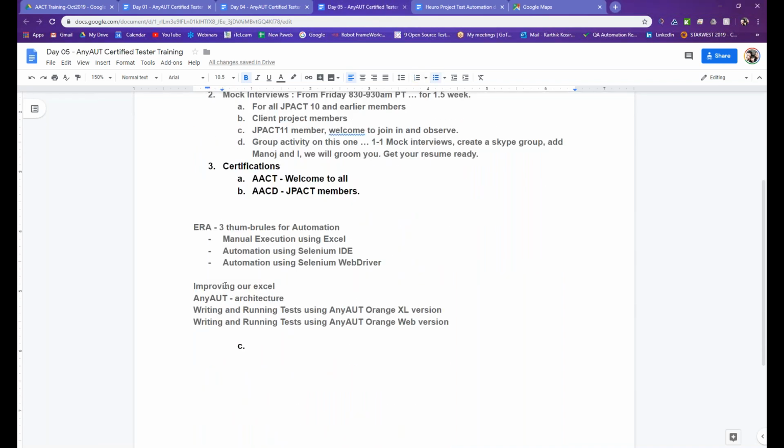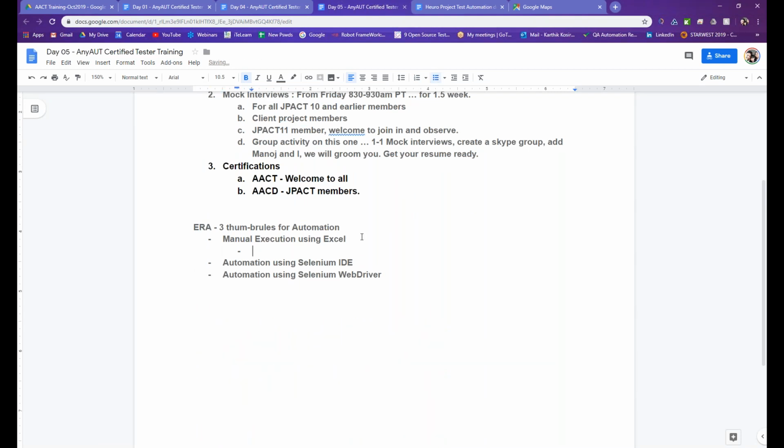What is it that we saw in these three that really got us interested, team? Manual execution using Excel: we had every detail possible, human friendly. The challenge is it takes